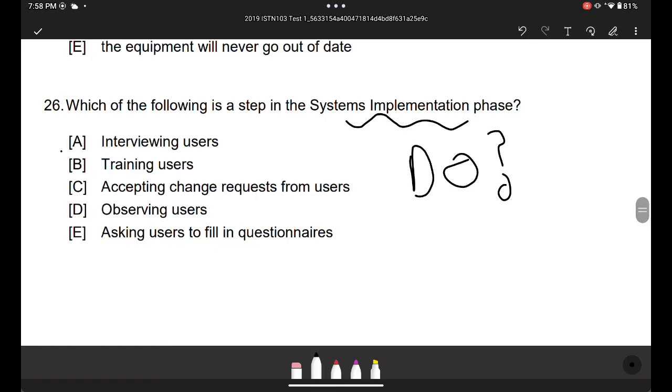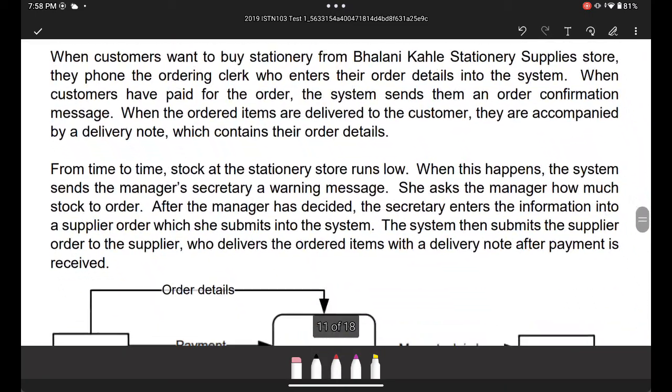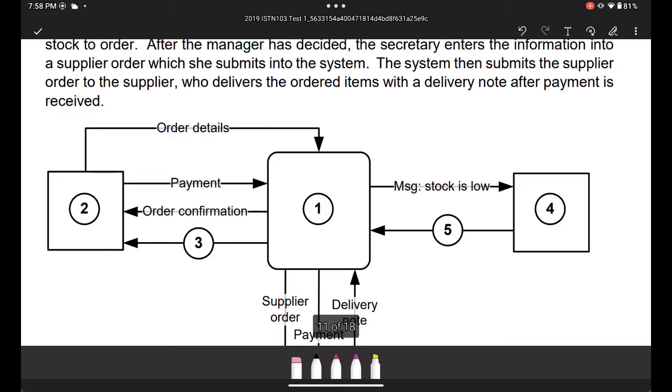There we go, B. There's a perfect answer. Training users. Because in this stage, you need to train users, right? Okay. Now when we come to models,